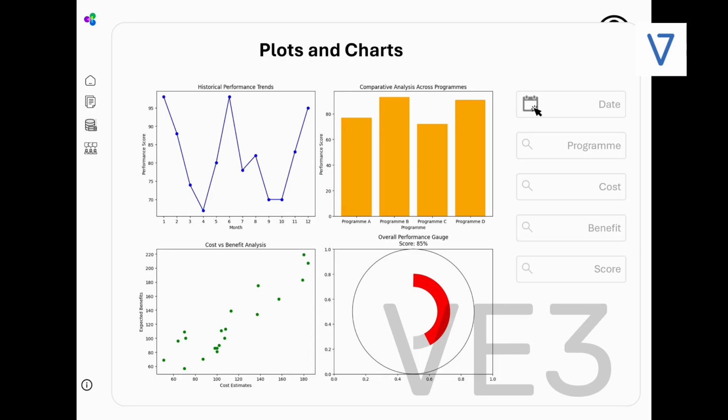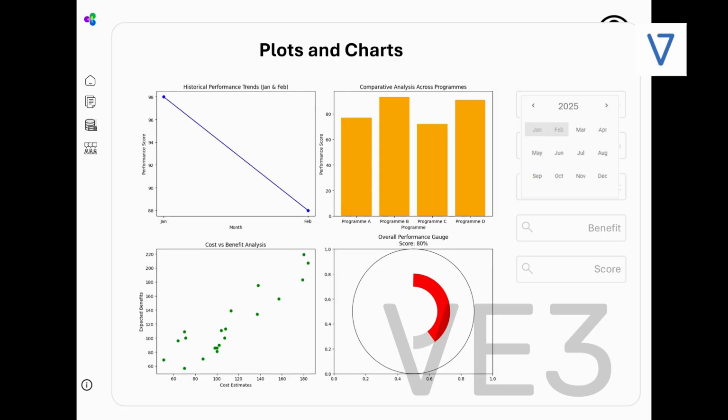With interactive graphs and filtering options, decision makers can drill down into specific data points, enabling a granular view of both individual and aggregated performance metrics. This dashboard not only serves as a tool for performance review, but also as an early warning system for potential issues, ensuring that corrective actions can be taken proactively.